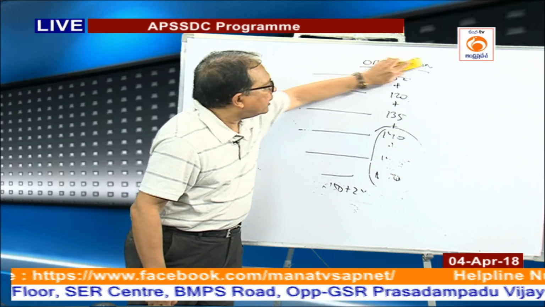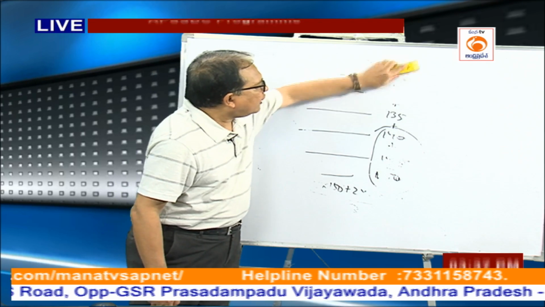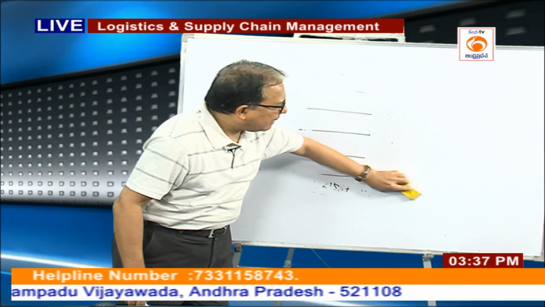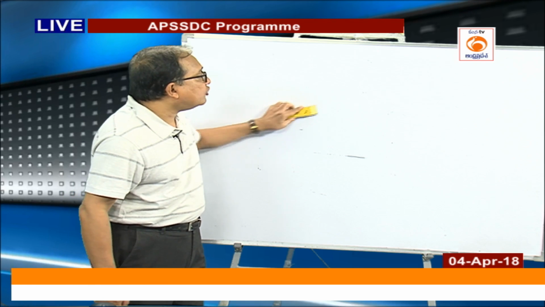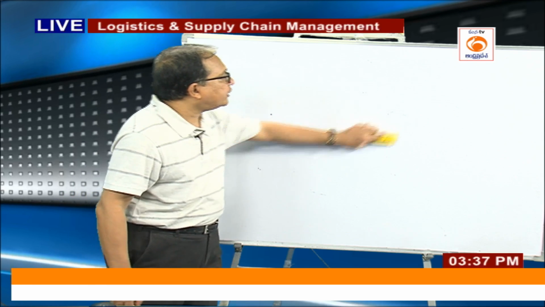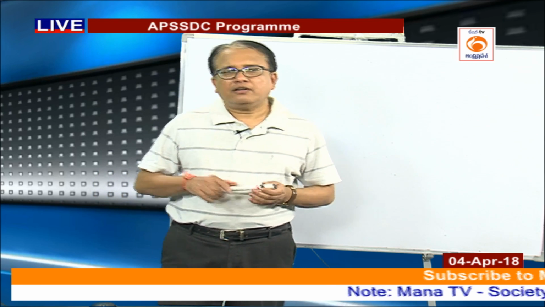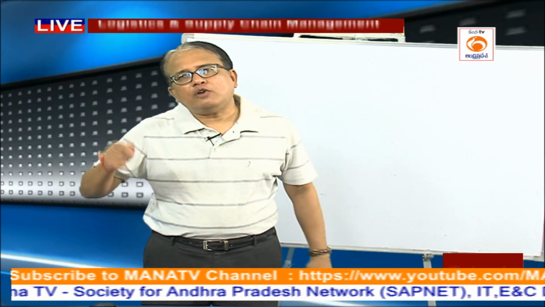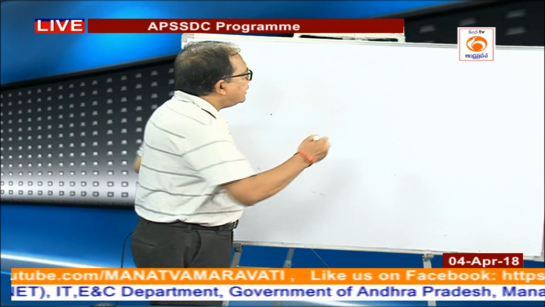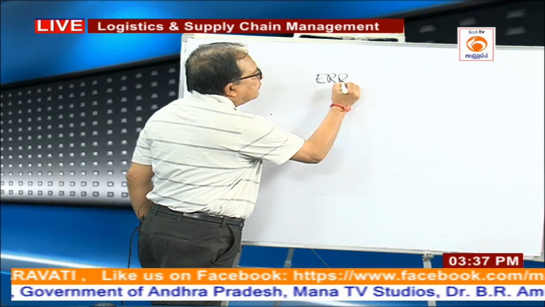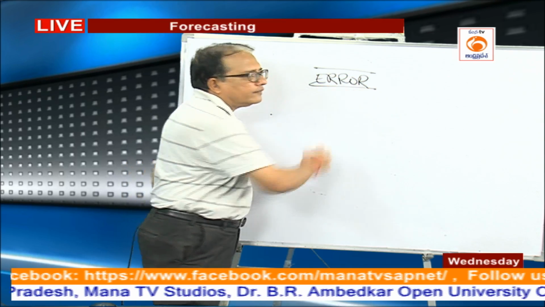Now, we go to exponential smoothing. Now, if you see, very interestingly, in time series we have not considered something which is very, very important. We make predictions, right? Predictions are made based on historical data. But does prediction always happen the way we predict or forecast? No. There is always an element of error.